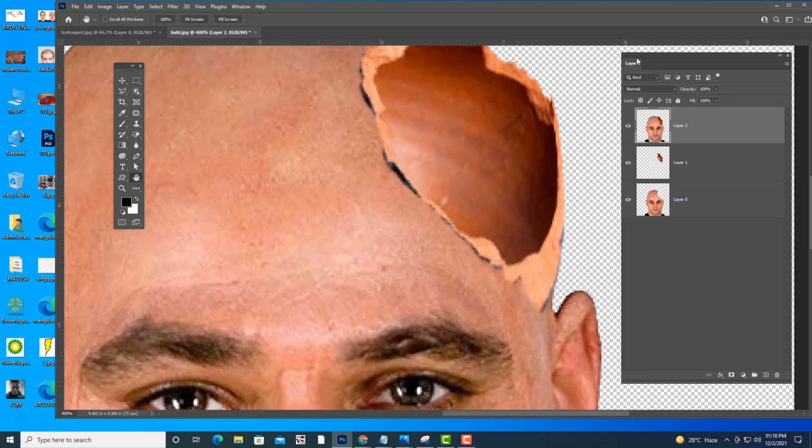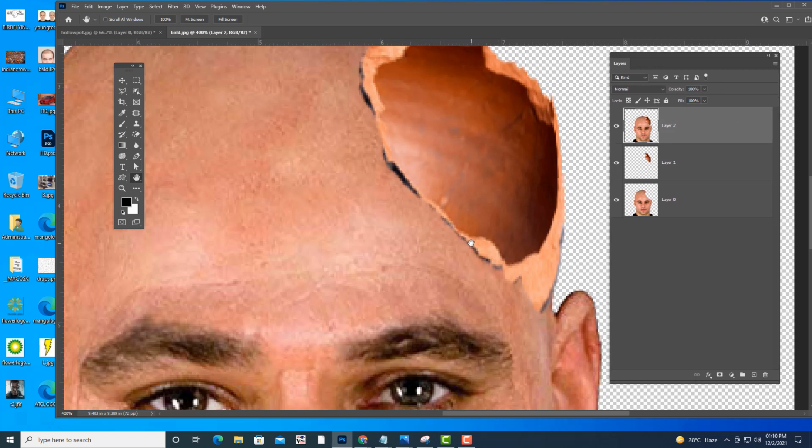Here we'll just use a clone stamp. So we'll remove this black color. You can hide this layer.